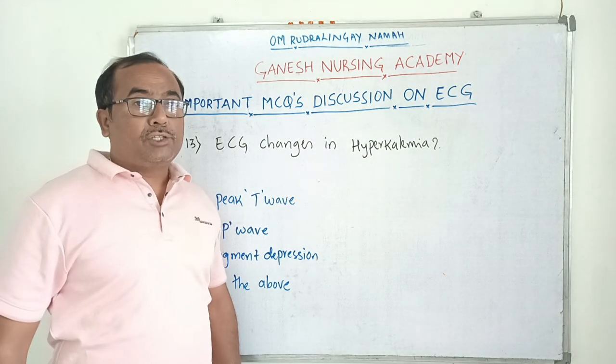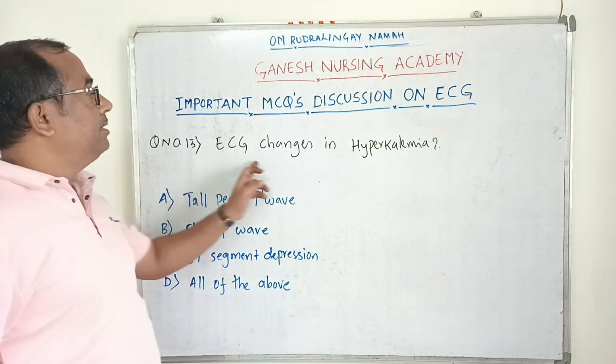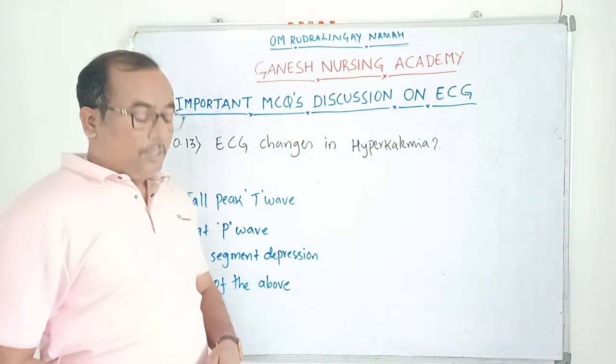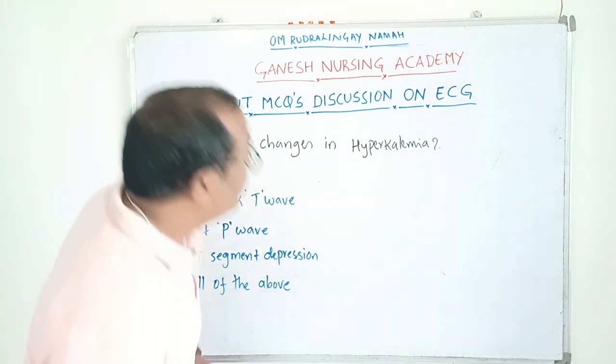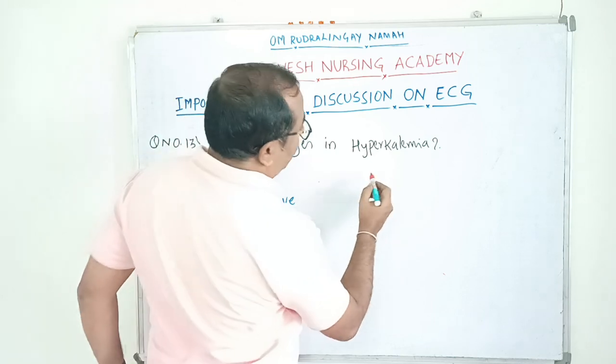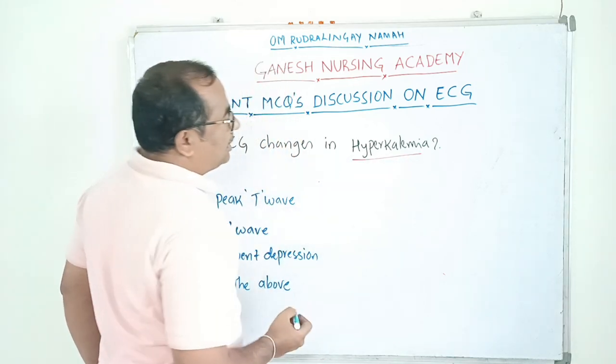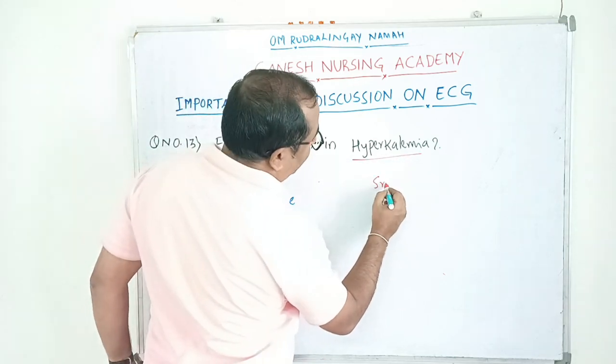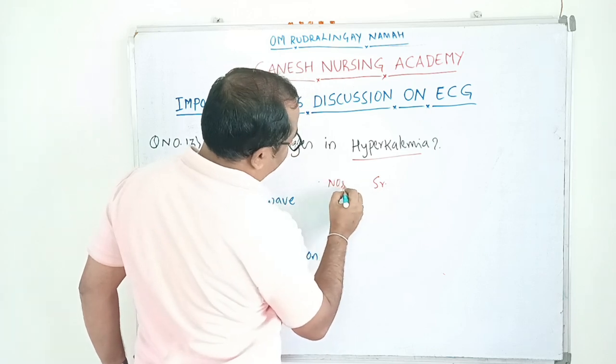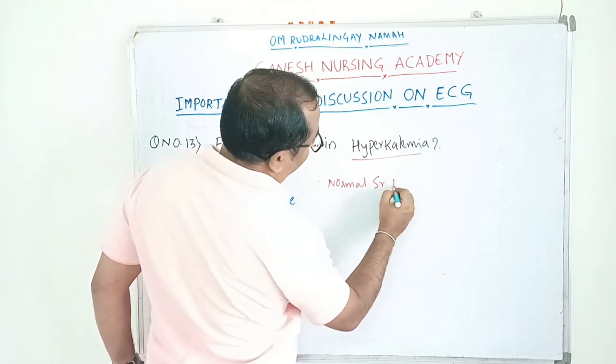Okay dear students, let's see the next question. Question number 13, ECG changes in hyperkalemia. Okay, so first, what is hyperkalemia? Hyperkalemia means increased serum potassium level. Okay, what is the normal serum potassium level? Normal serum potassium level is